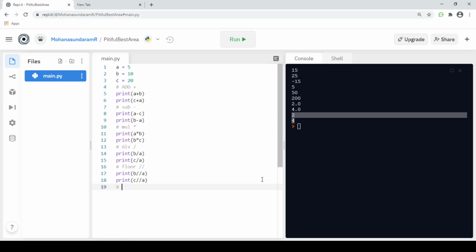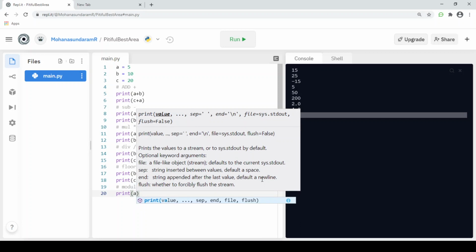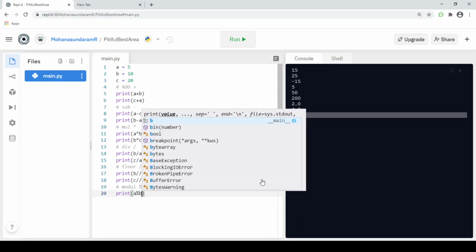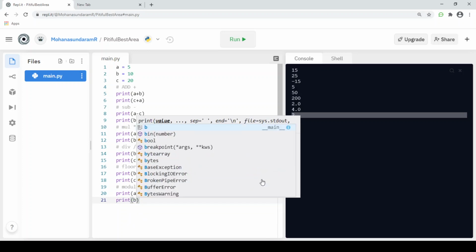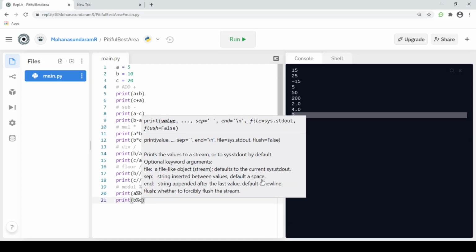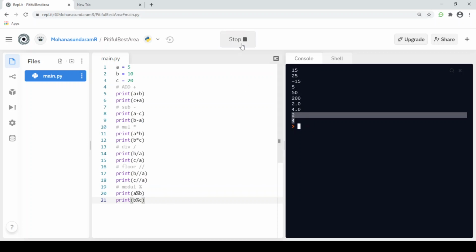The next subset of arithmetic operator is the modulus operator. The modulus operator is denoted using the percentage symbol. Print a mod b and print b mod c. A modulus operator is nothing but an operator which gives the remainder of a calculation.